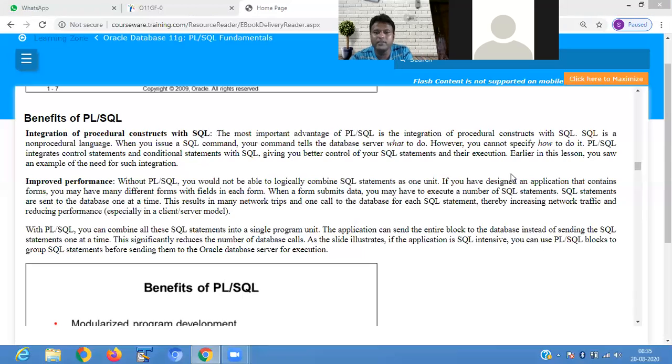So if you have designed an application that contains a form, you may have many different forms with fields in each form. When a form submits data, you may have to execute a number of SQL statements. So when you submit data, the data will be stored in a database. For storing the data in a database, we have to use an insert command.